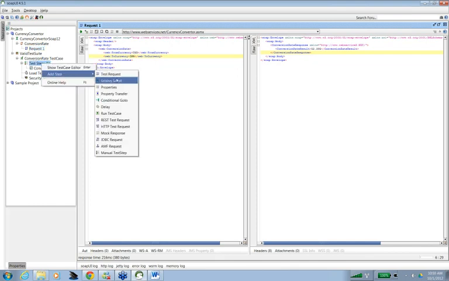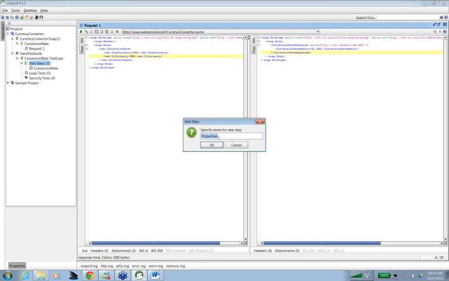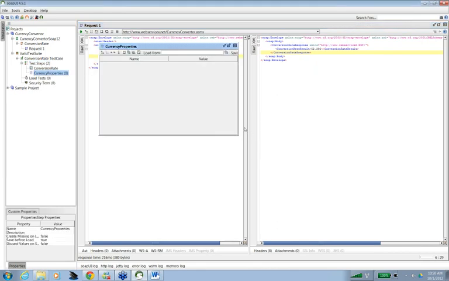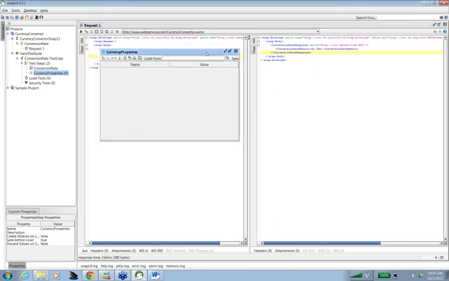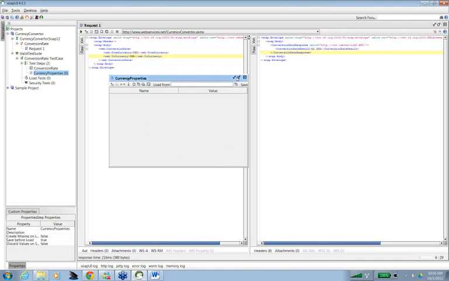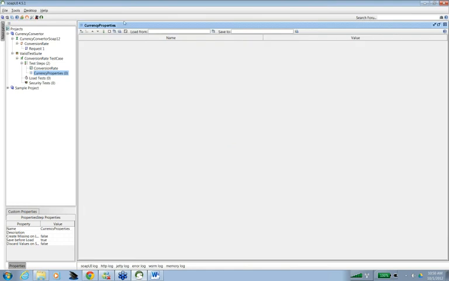I would add properties here, and let's say I give the name as currency properties and press OK. So there are certain options. If you see here, I can add a parameter.